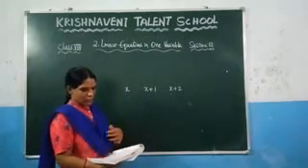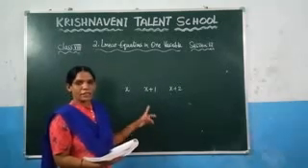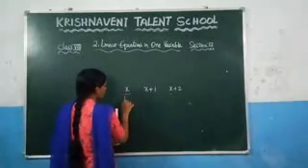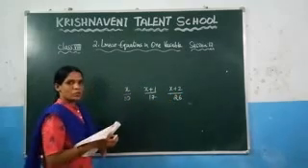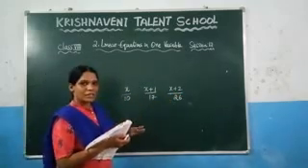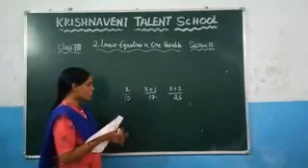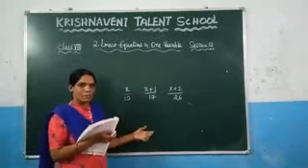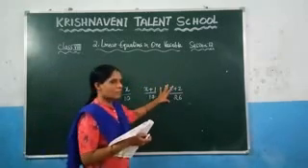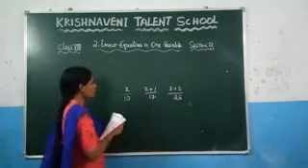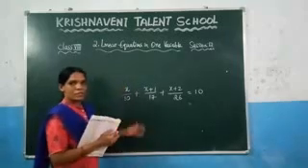And what is the next thing given here? Find three consecutive numbers such that if they are divided by 10, 17 and 26, the sum of their quotients is equal to 10. What is meant by the quotient? The result is nothing but the quotient. If you are dividing x by 10, you are getting some answer, that will be the quotient. You will get some result for all these fractions. And what they said is, if you add those results, you have to get the answer which is 10. This is the question they have given.